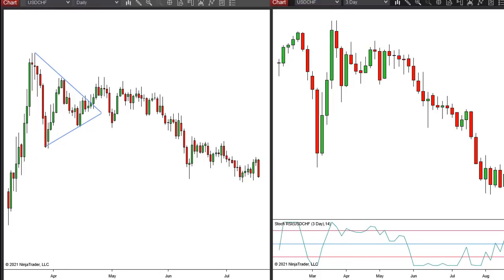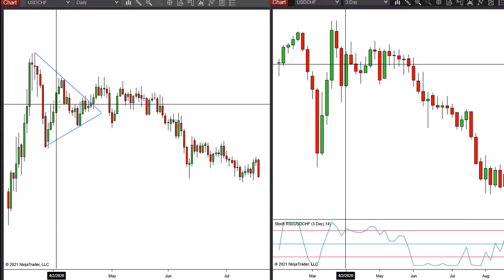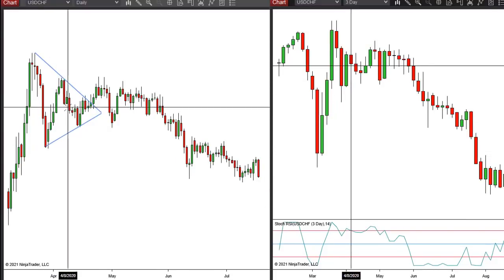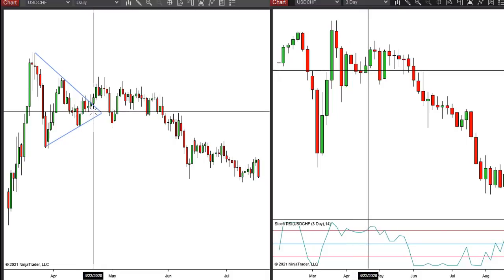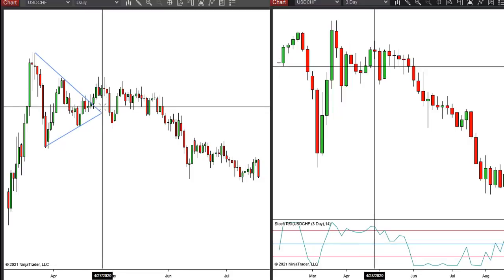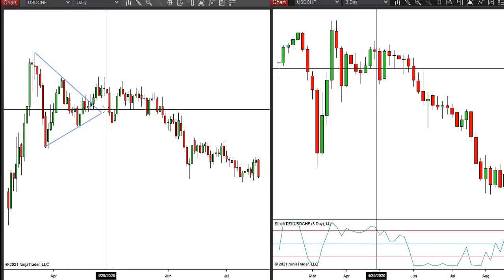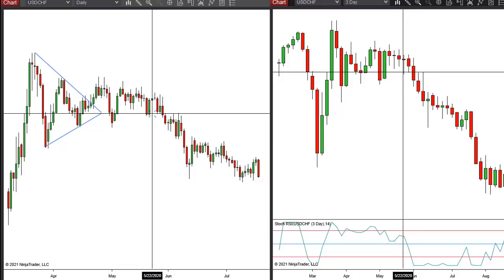So if I bring my crosshairs over here, you can see that as we go through this triangle on the daily chart here on the left, the stochastic RSI is at the top, but remember it's a bounded indicator, and a lot of people like to say that's overbought, but price is not going up higher as we go through this, right? So on the chart on the right, which is a 3-day chart, it keeps hitting up there, but it's not really making higher highs on price. And so this time when we just keep going sideways, sideways, sideways, what I want to look for is that